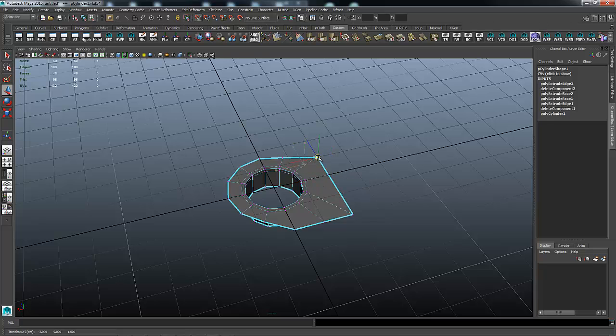This one, do that. This one, do that. Oops, I got them off a little bit here. Let's take this one and put it here. Take this one and put it here. That's better. Take this one, put it